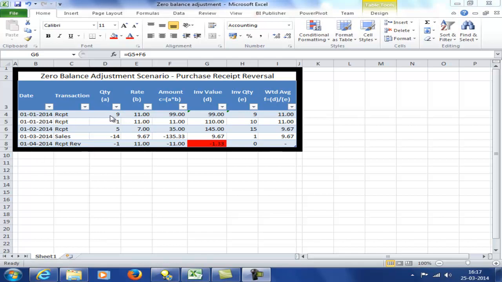So let's assume that on the 1st of Jan we recorded a receipt of an item for quantity 9 at 11 rupees or dollars or whatever that is. Then we also received one more of the same item on the same date at the same rate, and then on the 1st of Feb we received a quantity of 5 at a lower rate of 7, and the weighted average now is